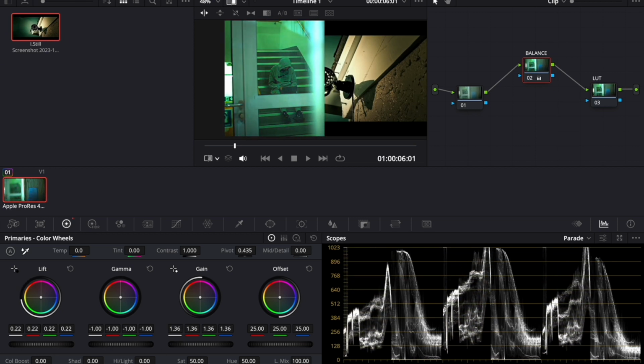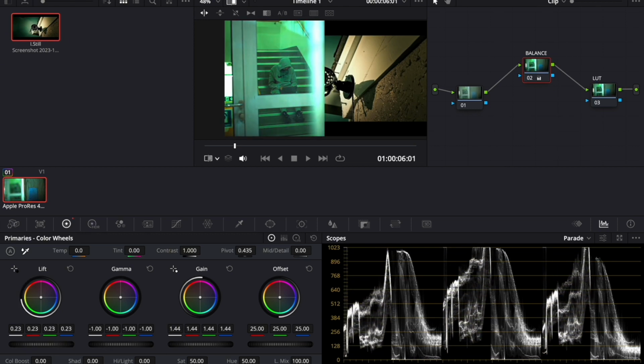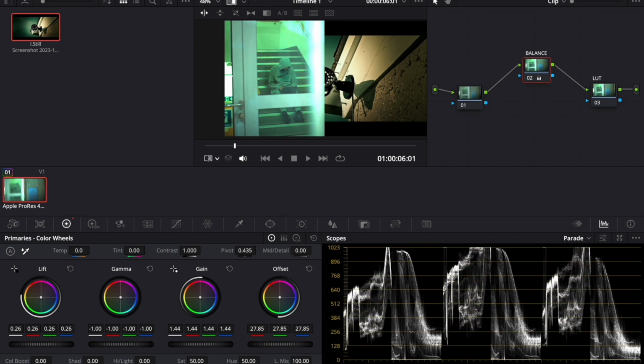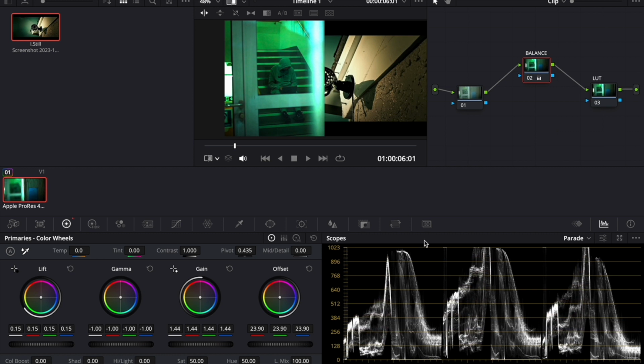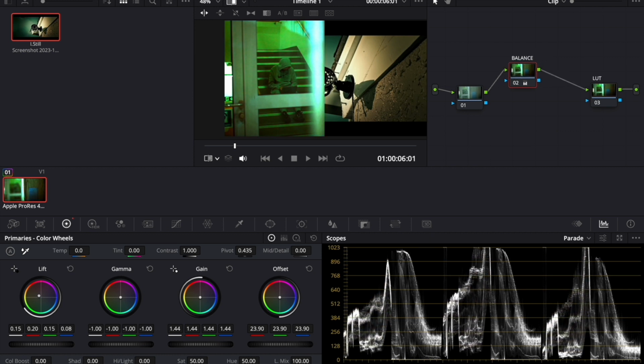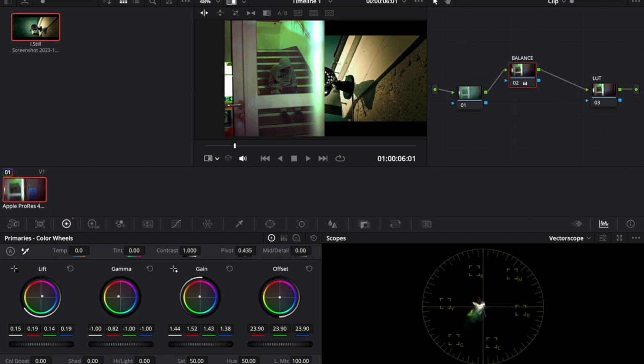I'll be adding a LUT. So I know I shot in Canon Rec 709, so I'll set it to that. After that, then I'll be adjusting the lift, gamma, gain and offset to adjust it to the same wavelength as it is to the other photo, as well as looking at the vector scope to adjust it so it's the same lighting and stuff. Also, by changing the colours in the lift, gamma, gain and offset, it then changes the